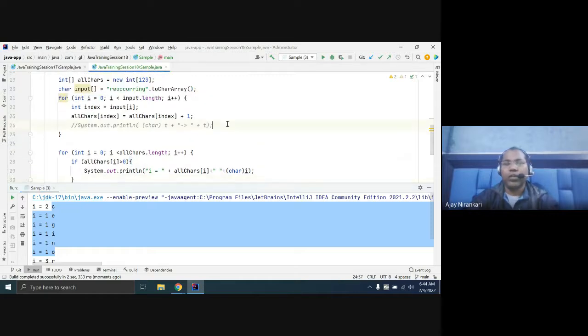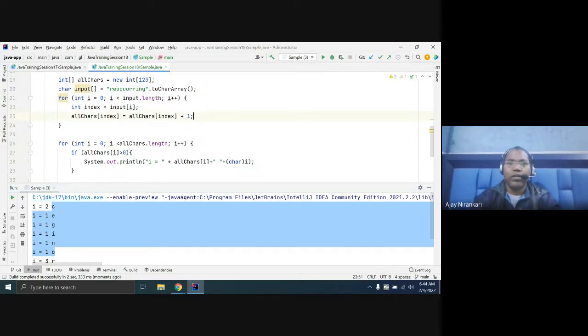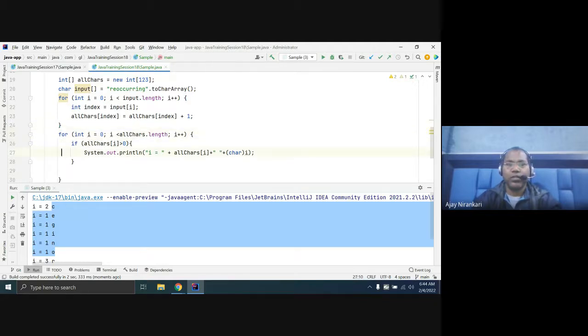So what is the logic here? Instead of printing just the character occurrence, I can put the character first and then the occurrence.